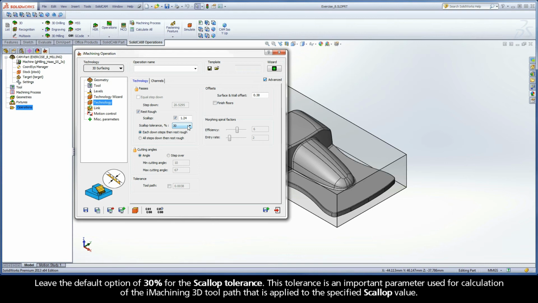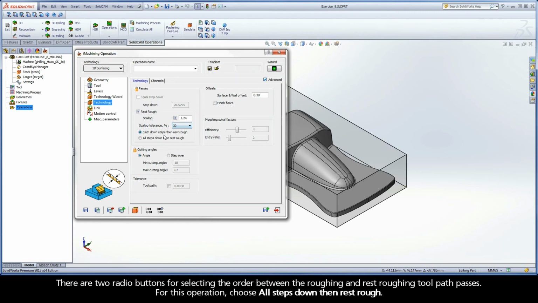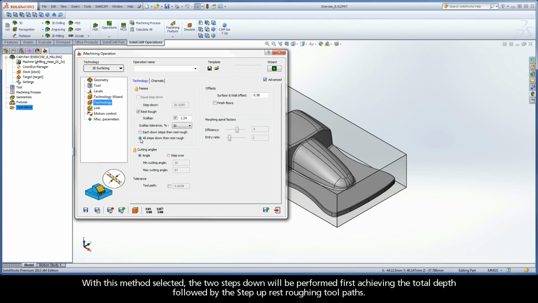This tolerance is an important parameter used for calculation of the iMachining 3D toolpath that is applied to the specified scallop value. There are two radio buttons for selecting the order between the roughing and rest roughing toolpath passes. For this operation, choose All Steps Down, then Rest Rough. With this method selected, the steps down will be performed first, achieving the total depth, followed by the step-up